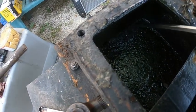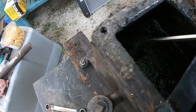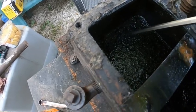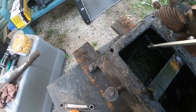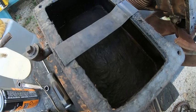Yeah, you've got silt there, very deep, so we'll get that cleaned out. Always clean your old gas tanks out, folks. You never know what stuff's in there. I'll get this cleaned out. Okay, tank's